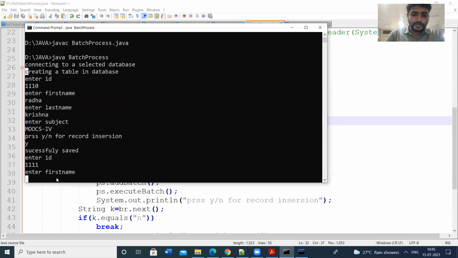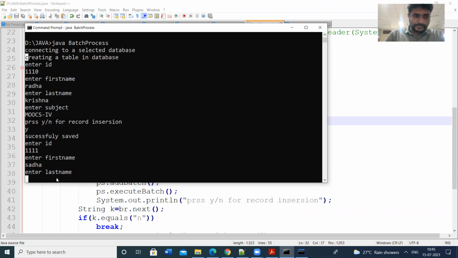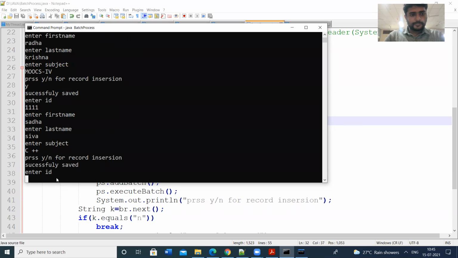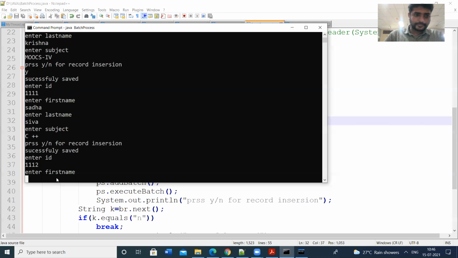I'm going to enter the values. Sada Siva. Enter the subject. C++. Enter ID 3112.